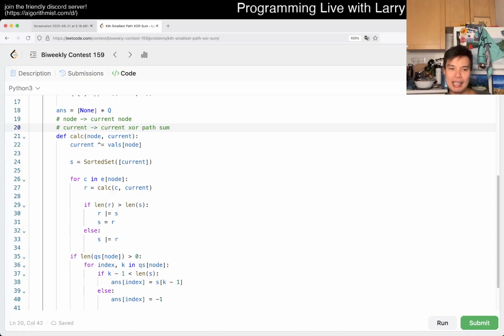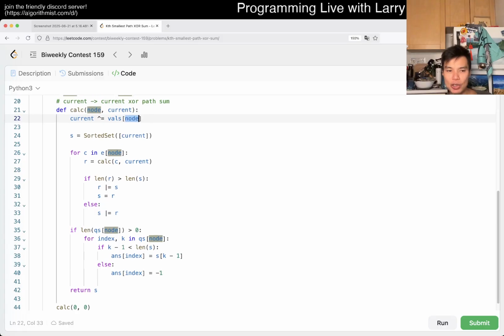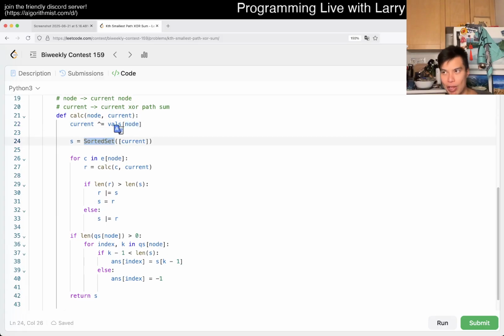And here we update it by using the XOR with the values of the node. I use the sorted set because we need a set to get rid of the dupes. And that's basically it. I have the set, I start with a set. And then for each child,